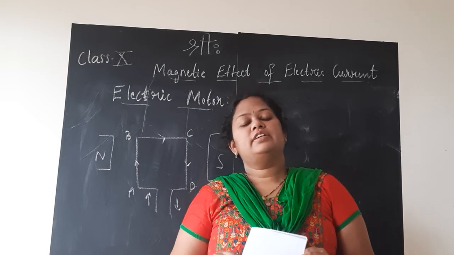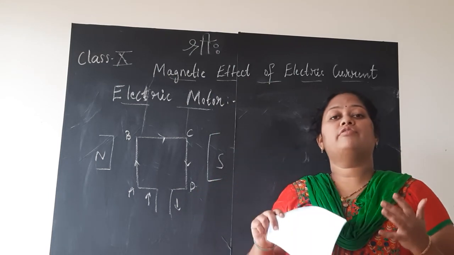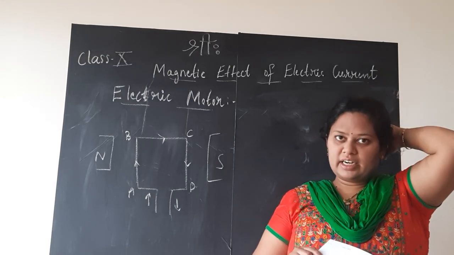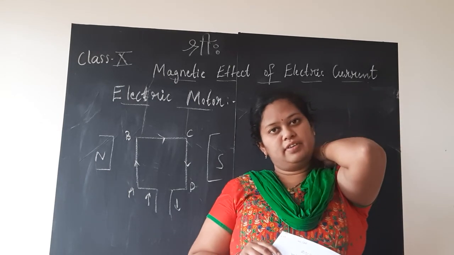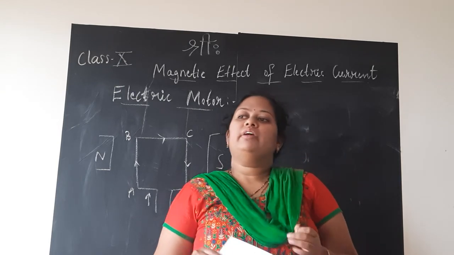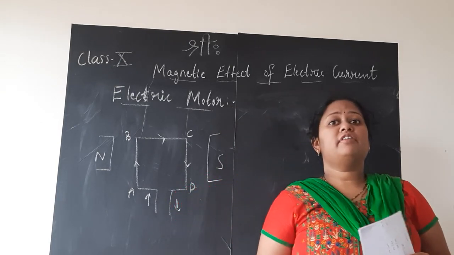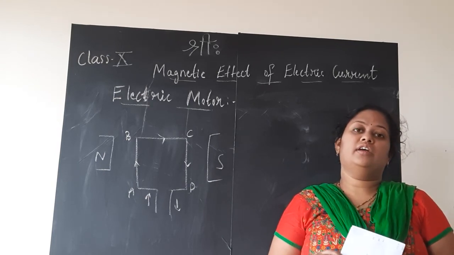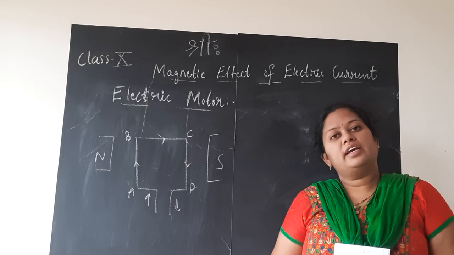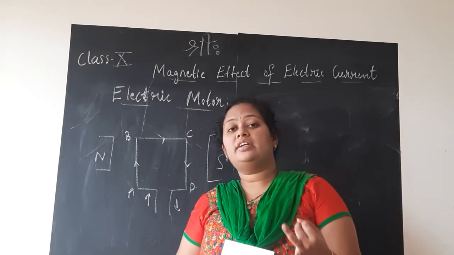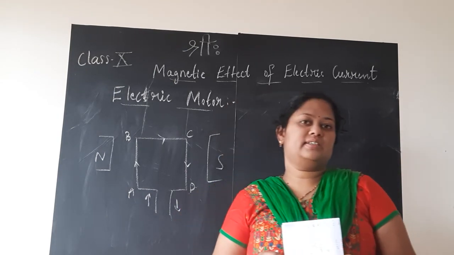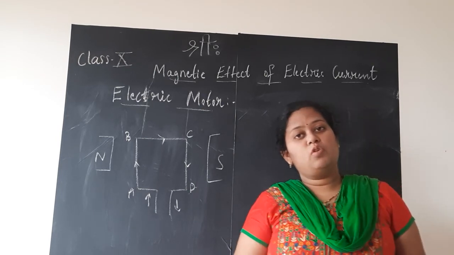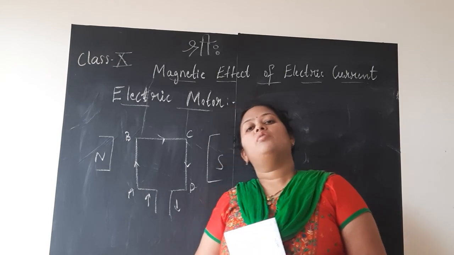In the previous session we discussed the concept of a force acting on a current carrying conductor placed in a magnetic field, and we also learned Fleming's left hand rule. We also discussed the devices which work on these concepts of electric field and magnetic field. There we studied examples such as electric motors, generators, loudspeakers, microphones, etc. We'll mainly concentrate on how an electric motor and an electric generator work.